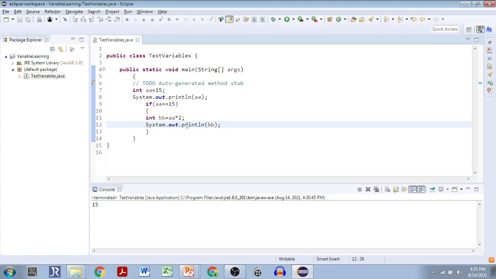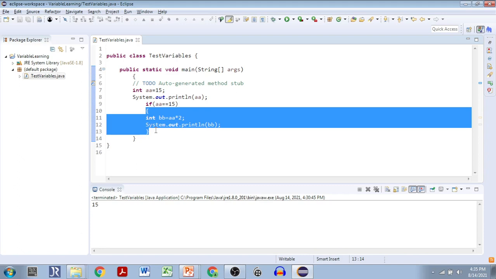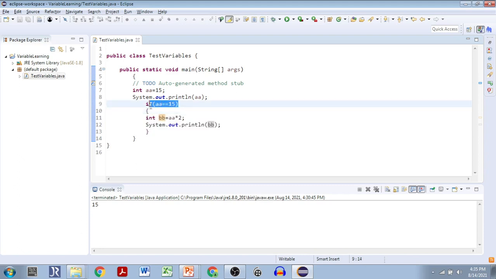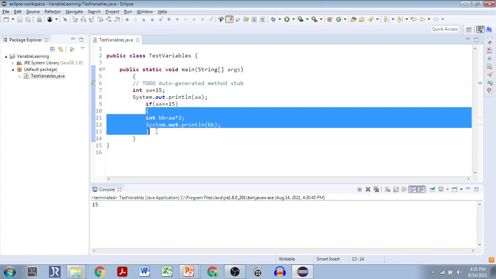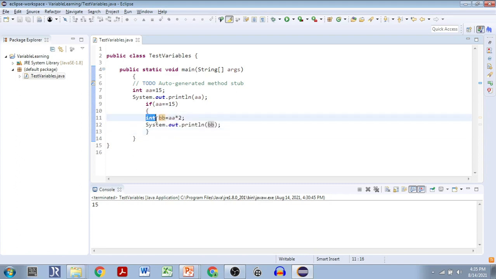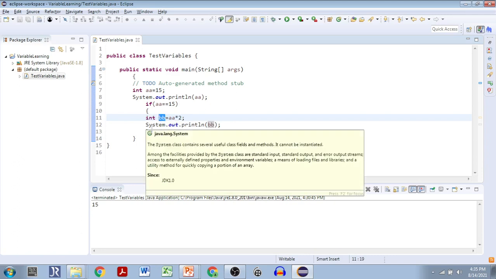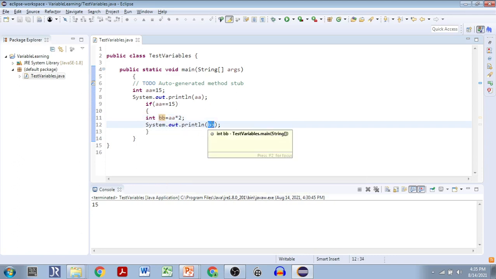Definitely we can print the value of BB, because BB is defined inside the if block. This is the if block, correct? If starts over here, taking the condition, and if the condition is satisfied, then it enters this particular block, and the program's control will go through this block, line number 10 to line number 13. This is the if block. So inside the if block, we are declaring this int variable. The variable name is BB. BB is defined in line number 11 and it is getting printed in line number 12. Yes, it is double the value of AA. If you execute, we can see that it will be printed.